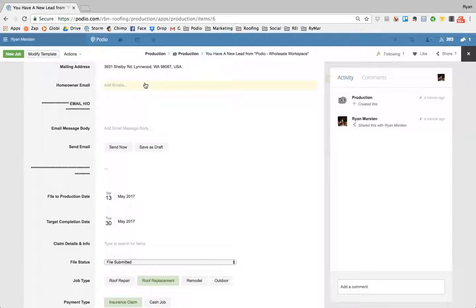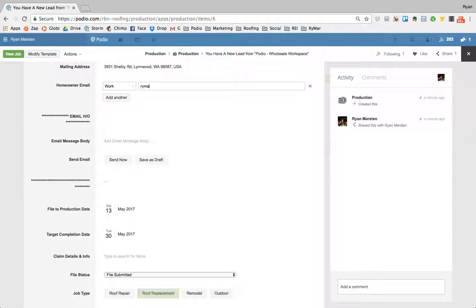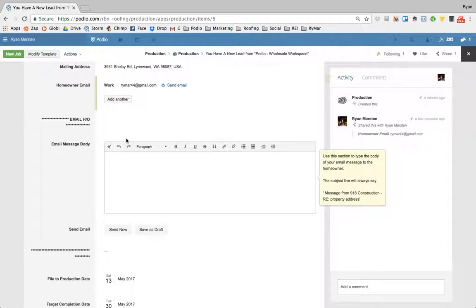So right in here, again, the email didn't pull over, so I don't know why that is. Double entry every now and again, I suppose. It's just an email address. Now, if I wanted to send the homeowner